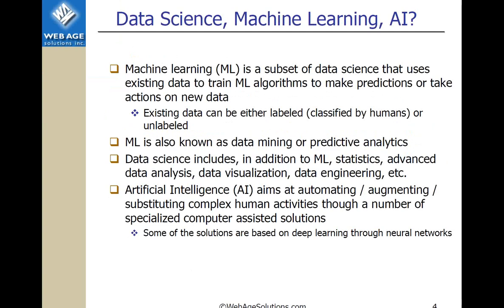First, we need to define what data science, machine learning, or artificial intelligence are. Lots of those things are used interchangeably with some small caveats. The common consensus is that data science is a bigger thing, which includes machine learning. And machine learning is just a subfield of data science, which focuses on machine learning algorithms in the field of making predictions or taking actions on new data. So you train your machine on your training data, and then you validate and test your model, and then you expose it